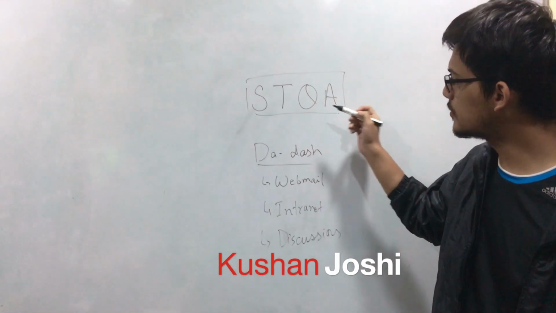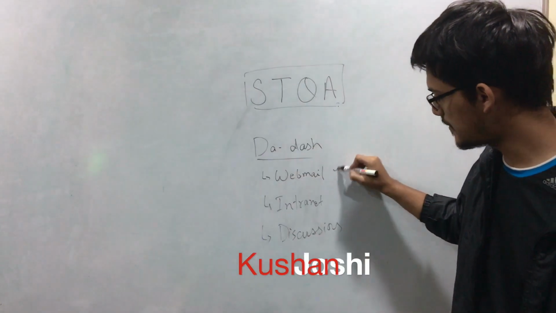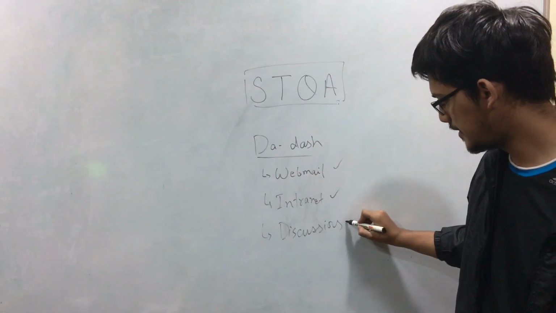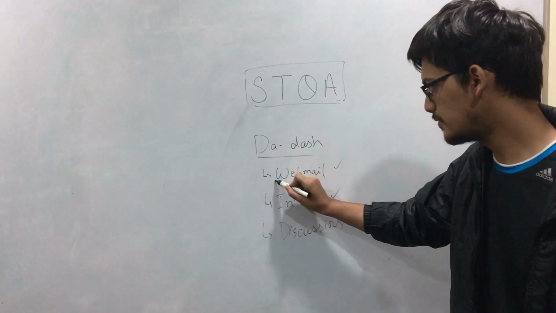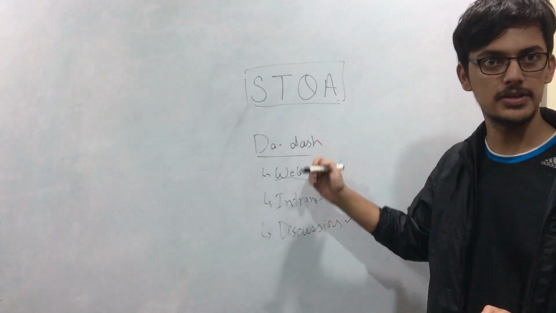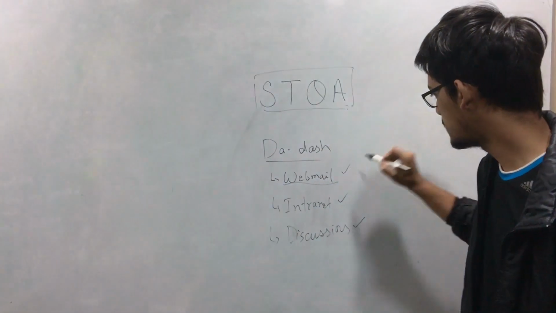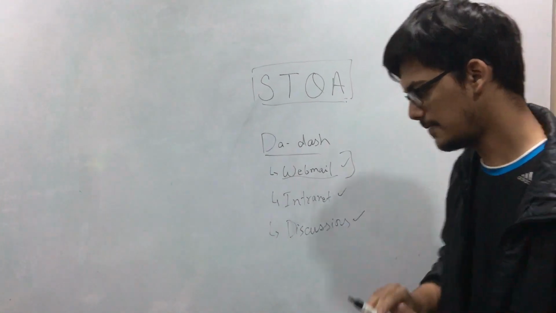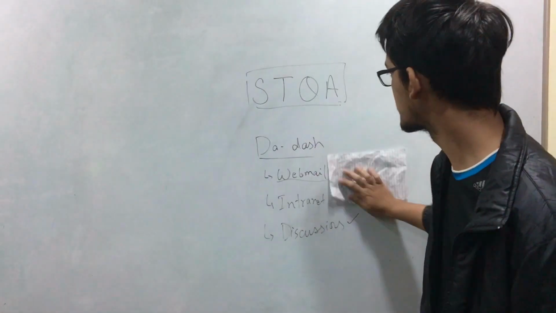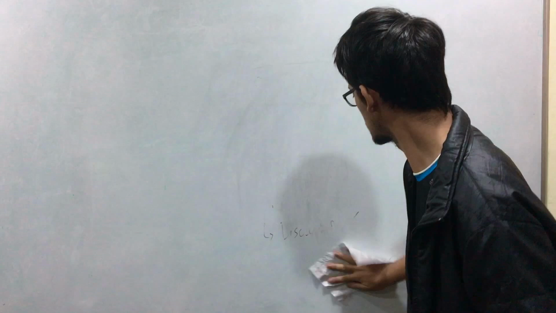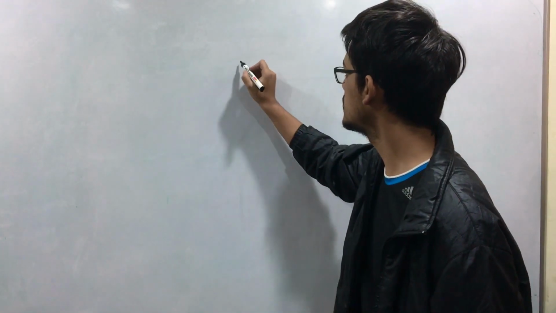In software testing and quality analysis, we are going to test these three functionalities, namely webmail, intranet, and discussions. So I'll give you a brief overview of how these three functionalities are working. First of all, let's talk about webmail. The current application